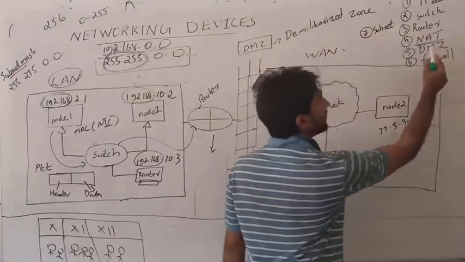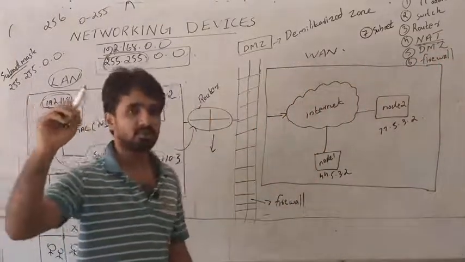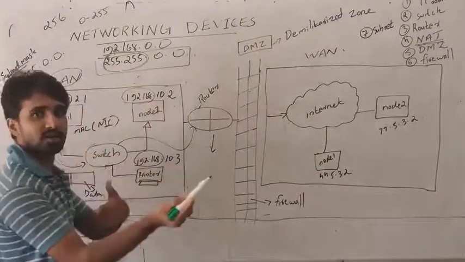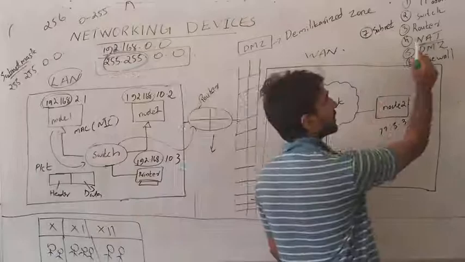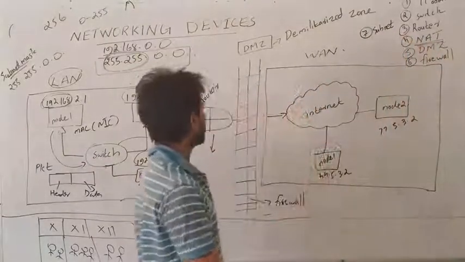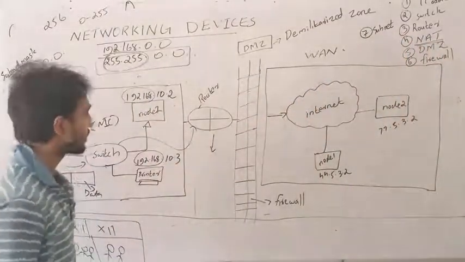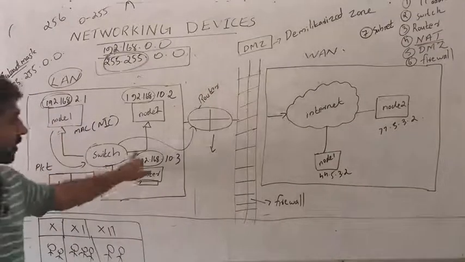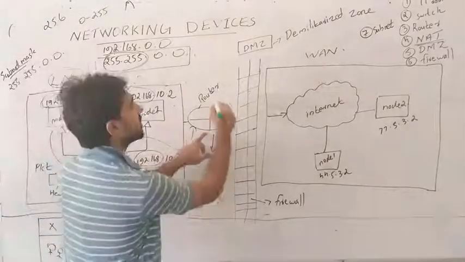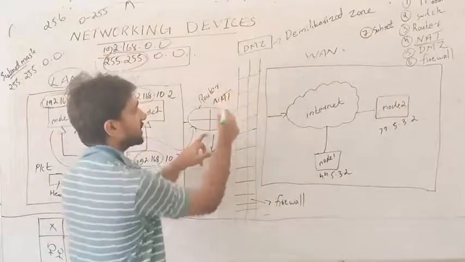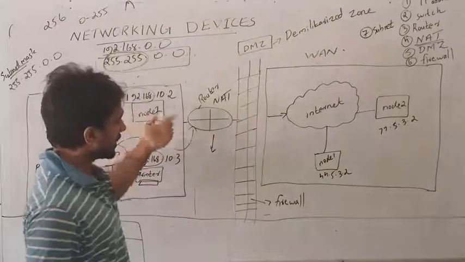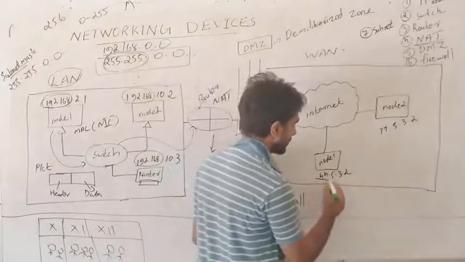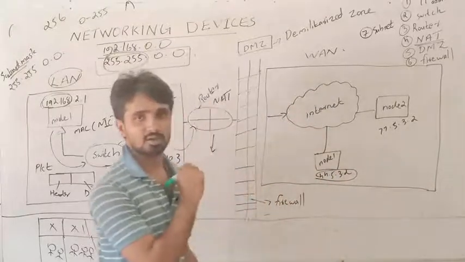What is NAT? Network Address Translator, which means that this address is converted to another address. That is called Network Address Translator. This is the duty of this router. So this message is first passed to the switch, then to the router, which by using network address translation changes the address, and it is moved to the corresponding destination. Here the address is translated by the Network Address Translator.